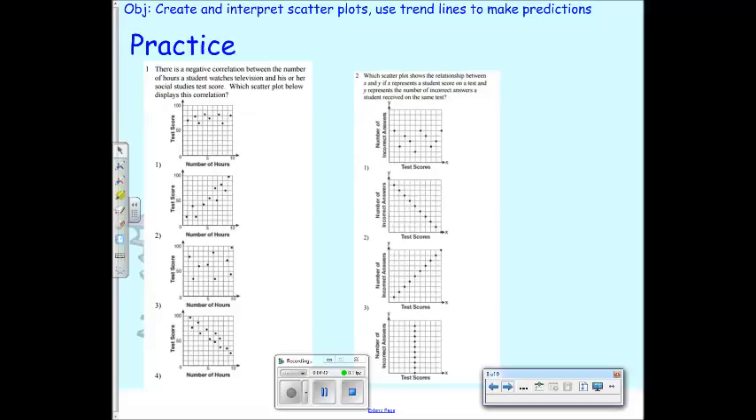So in number 2, as the test scores get higher, what happens to the number of incorrect answers? It gets lower, right? Because if you get a good test score, that means you probably didn't get very many questions wrong. All right, so that would be what kind of correlation? That would be a negative correlation. Good. Okay, so go ahead and